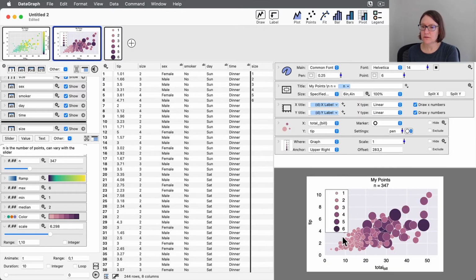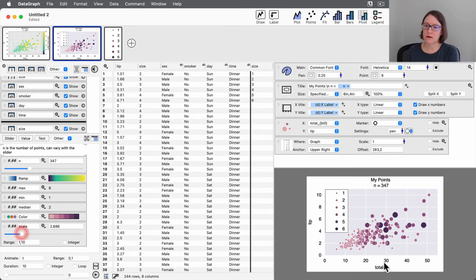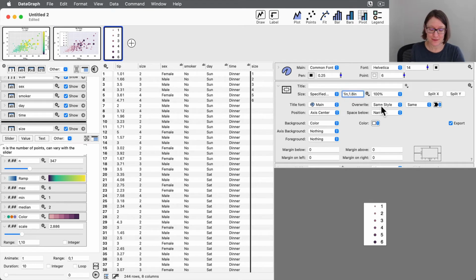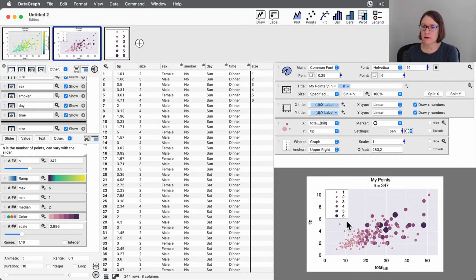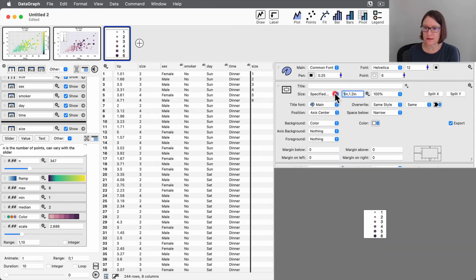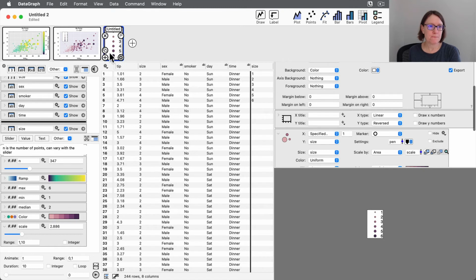And now this is starting to look a little bit closer to what I'd like this to be. Maybe they don't need to be quite so big. Actually, in that case, this can go even a little smaller. Let's see, 1.2. And I may want the font also smaller within this legend. So it takes a little bit of tweaking. Again, this is not automatic, but you can see how this is being constructed, and how you can really adjust